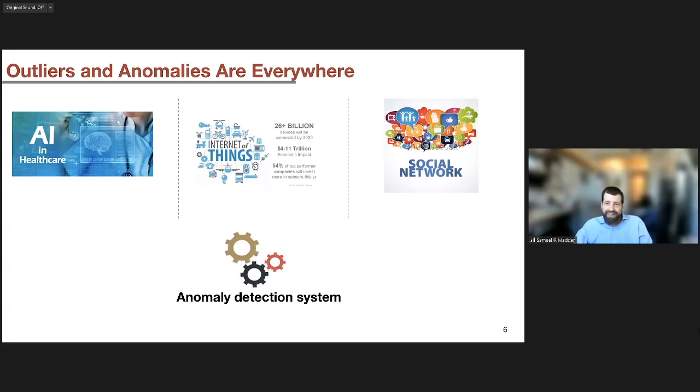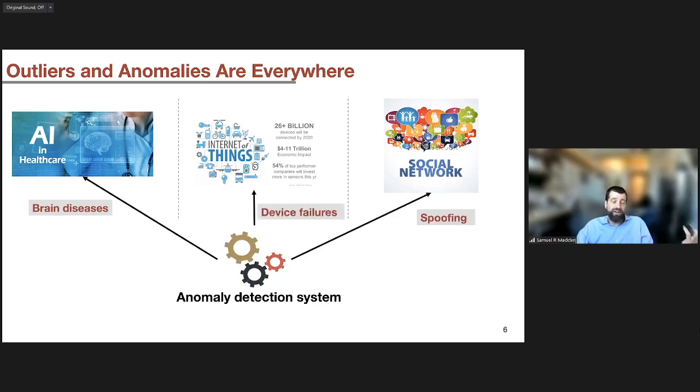I think probably the previous speakers have already motivated this. You understand that there are lots and lots of settings in which outliers arise. You can have outliers in healthcare. You might have people with very anomalous physical health readings that you need to detect, and understand what it is about these people that's making them have these unusual values. Or in an Internet of Things kind of setting,